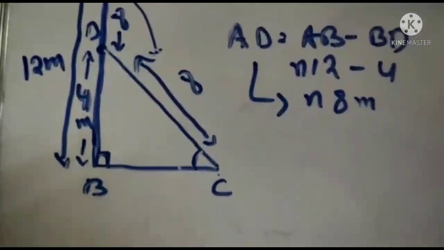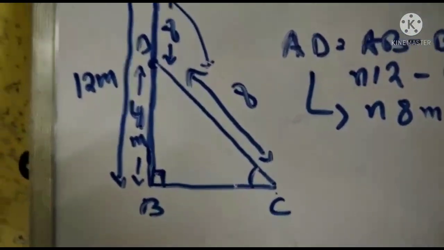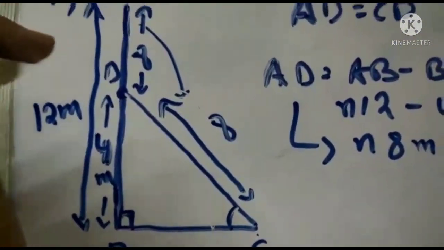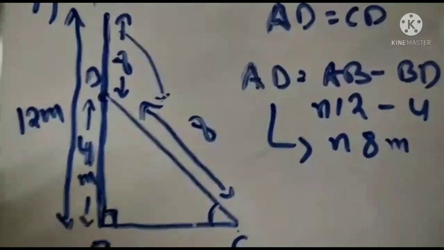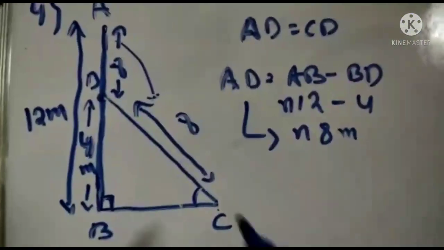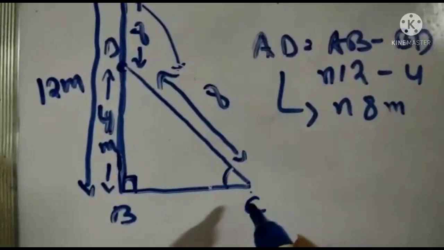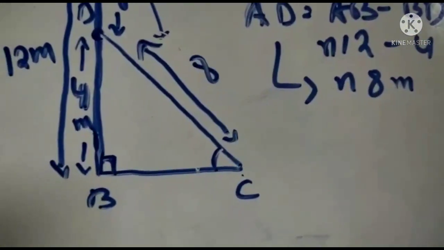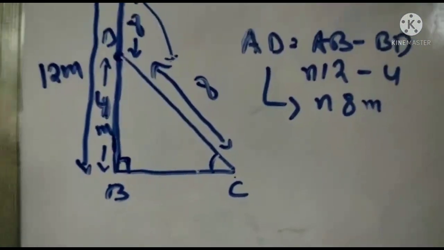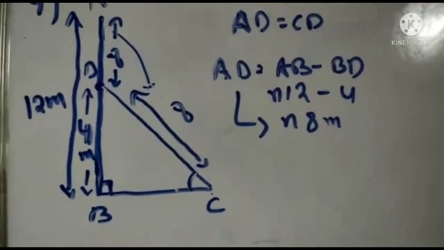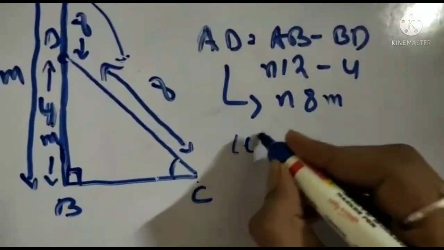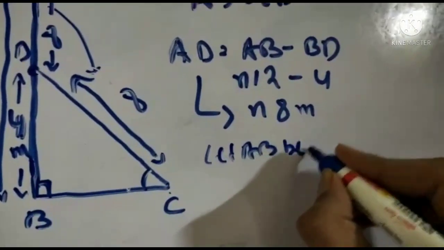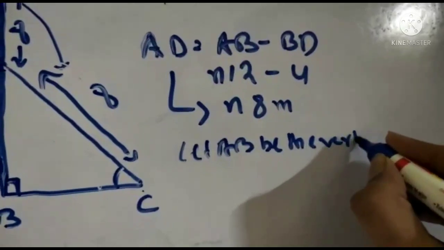Now see, we are done. If up to here you can understand, then the solution is very easy for you. So see here, BC we don't know. Don't find BC by Pythagoras theorem now. You can solve it directly. How can you solve? In this type of questions you have to write that AB is the vertical pole. You have to write, let AB be the vertical pole.